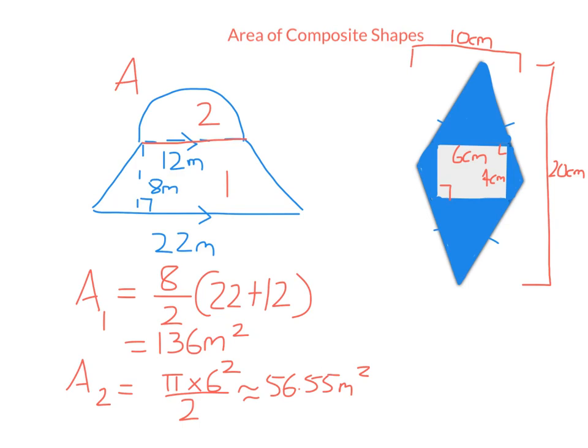Just add those two together and you get 192.55 meters squared. So let's say that this was someone's lawn, and let's say it costs $30 per square meter to lay down a lawn here. So the cost of laying down this lawn would just be $30 per square meter times this number of square meters. It's just 30 times 192.55. And so you get about